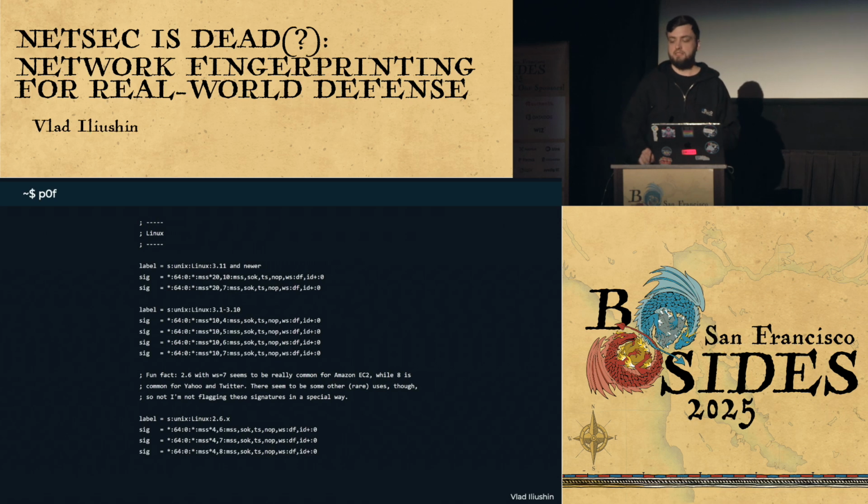One of the biggest users of p0f is Cloudflare. They released the p0f BPF, not eBPF, BPF compiler all the way back in 2016. And they used this compiler to create the rules to basically drop the traffic from weird devices with weird p0f values, also as a part of their anti-DDoS protection.